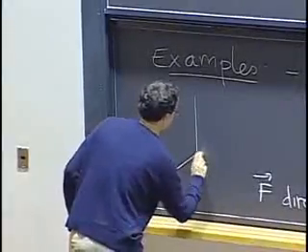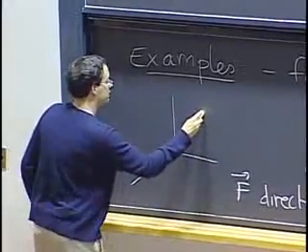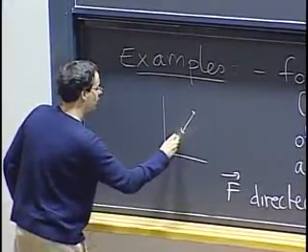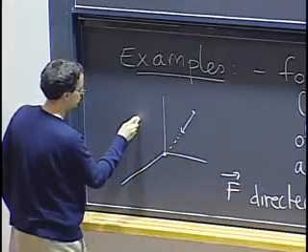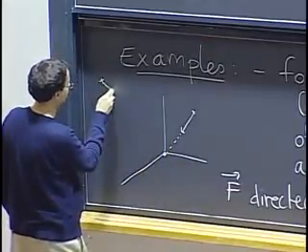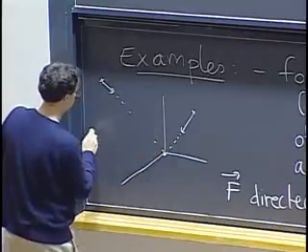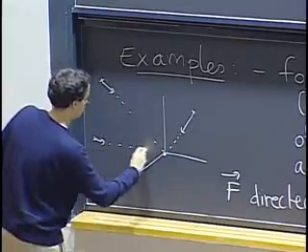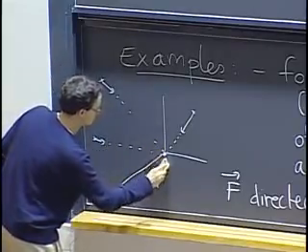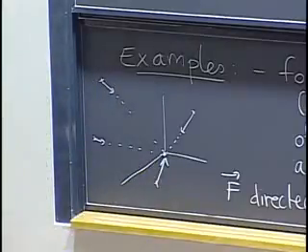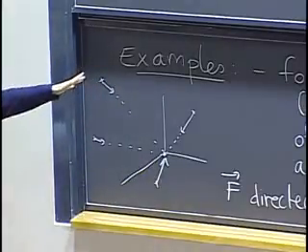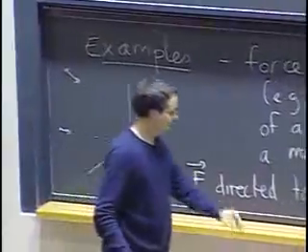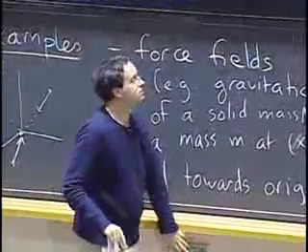So the picture, if I really wanted to draw one, would be a field that everywhere points towards the origin, and if I'm further away, then it gets smaller. Of course, I'm not going to try to draw all these vectors in there. If I wanted to give a formula for that,